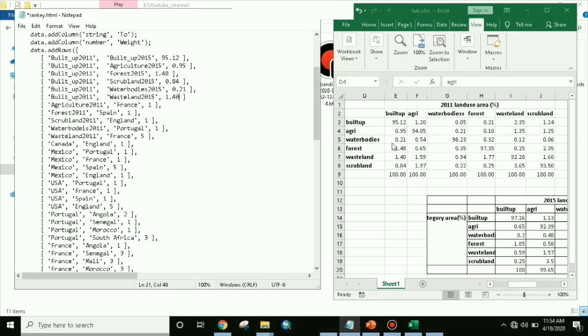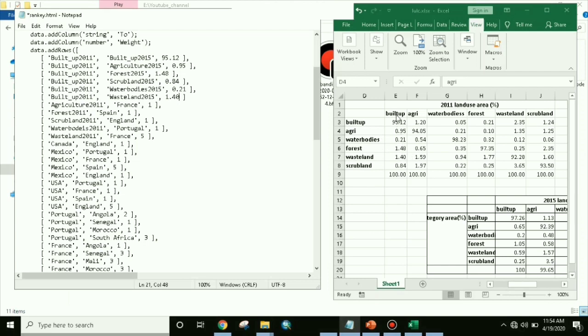So here what we have seen, from built up to built up it is 95.12, then from built up to agriculture it is 0.95, then built up to water bodies 0.21, then built up to forest 1.48.